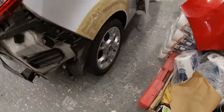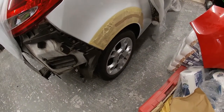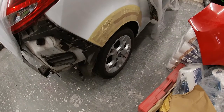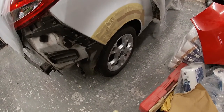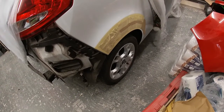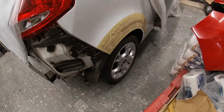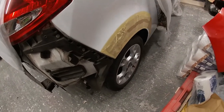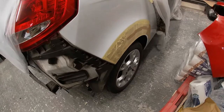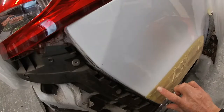Right, so you may have seen me putting that piece of masking tape and paper around that wheel arch. You may have even wondered what the hell am I doing. I'm making a template so I can trace it to the other side of the wheel arch. I've got my tracing tool that you may have heard me say that I used before to trace around the wheel arch, but the trouble is with this wheel arch is it starts at one